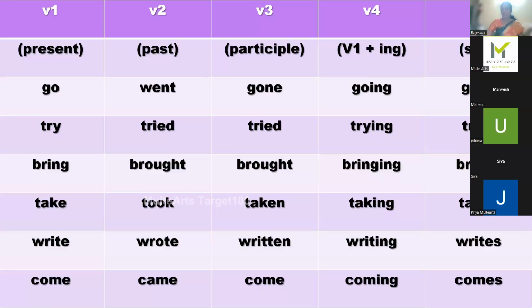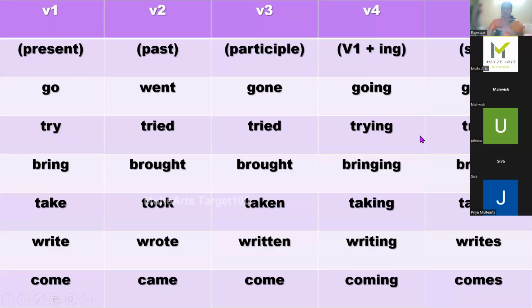Is it in the past, or now, or is it going to happen next? So generally, what we do is, the main verbs we put aside, as you have understood now, they are action verbs. Now these helping verbs are used differently in different places. Before that, we should know the verb in present, past, and past participle. To understand ourselves, we give them the names V1, V2, V3, V4, and V5.